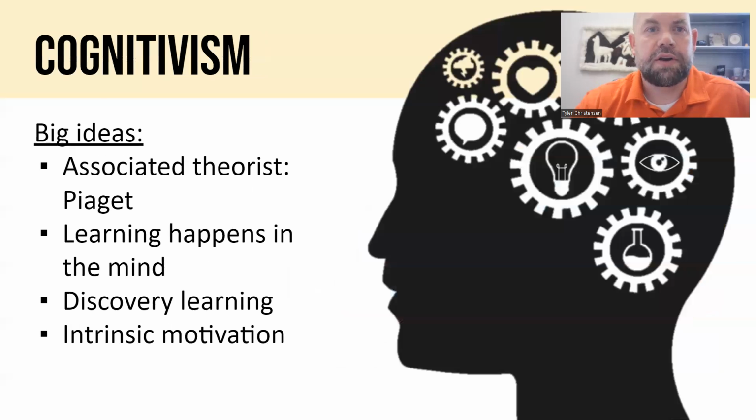Let's go ahead and move on to cognitivism. This is the idea that our brains are developing. So if we want to associate the word cognitive with brain, we can make that association, and we can even memorize it through, that's a behaviorist model of learning. But if we memorize that cognitivism has to do with the processes in your brain, and that we can have our own intrinsic rewards, that we can learn just for the sake of learning, and we should be curious, and the idea of discovery learning comes out of this, that we can explore and try different creative things.